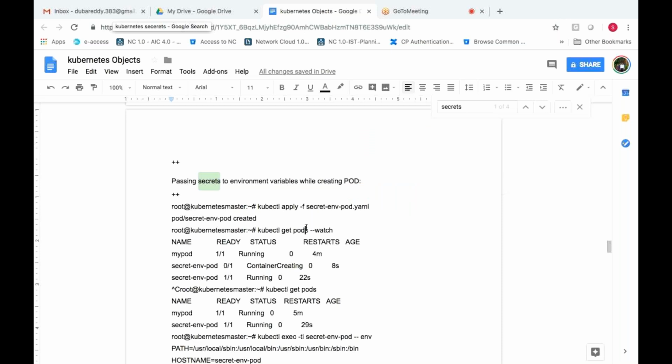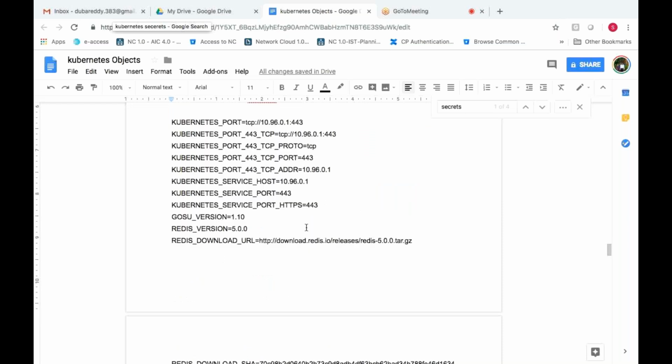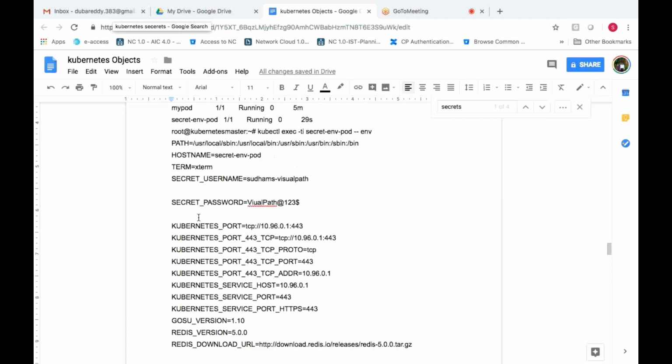This highlighted one is nothing but your username and actual password which we have given. So this is all about passing your values.